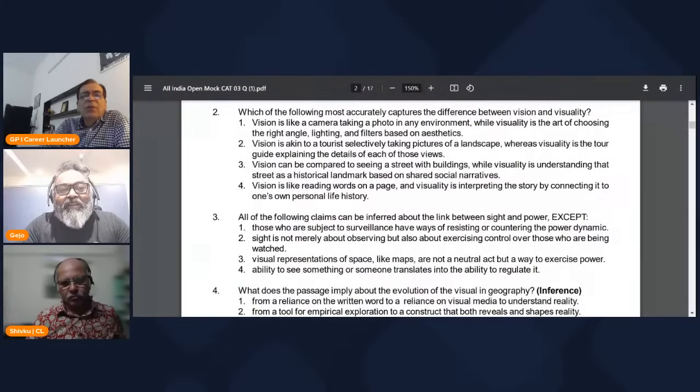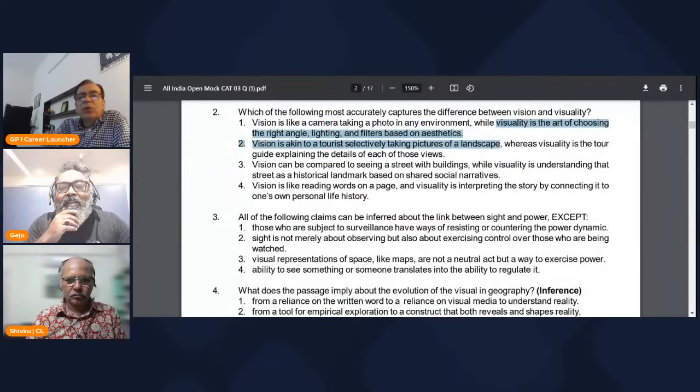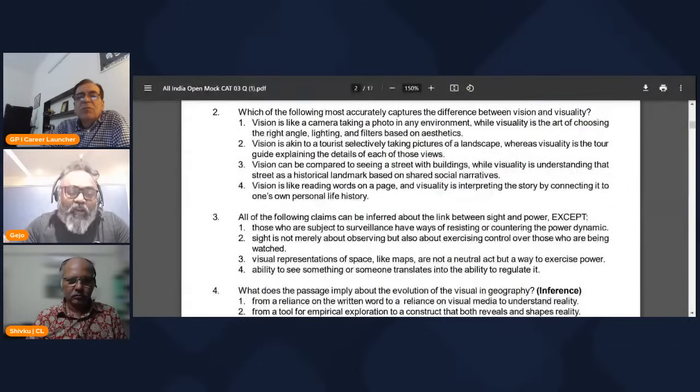Look at the choices. Vision is camera taking photo. Visuality is art of choosing the right angle. Vision is akin to a tool selecting pictures, whereas visuality is the tool guide. Vision can be compared to street building. Visuality is understanding historical, etc. So if you have even skimmed the passage, this should be done. This should not be difficult. So this first three was there, and if I go to the second passage,